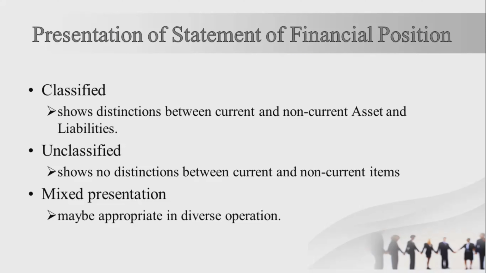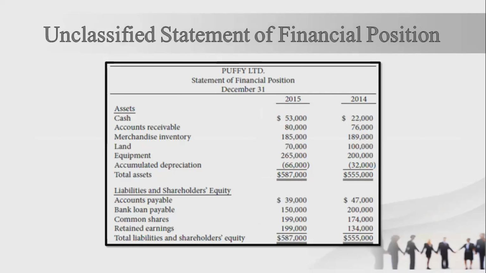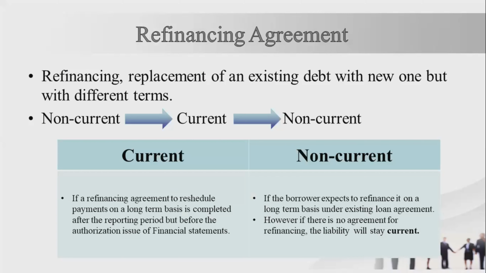Next is unclassified. Sa unclassified, there is no distinction between current and non-current items. Tapos mixed presentation, it may be appropriate for those who have diverse operation. Ito yung example ng classified. Next is refinancing agreement. Refinancing agreement, it's about